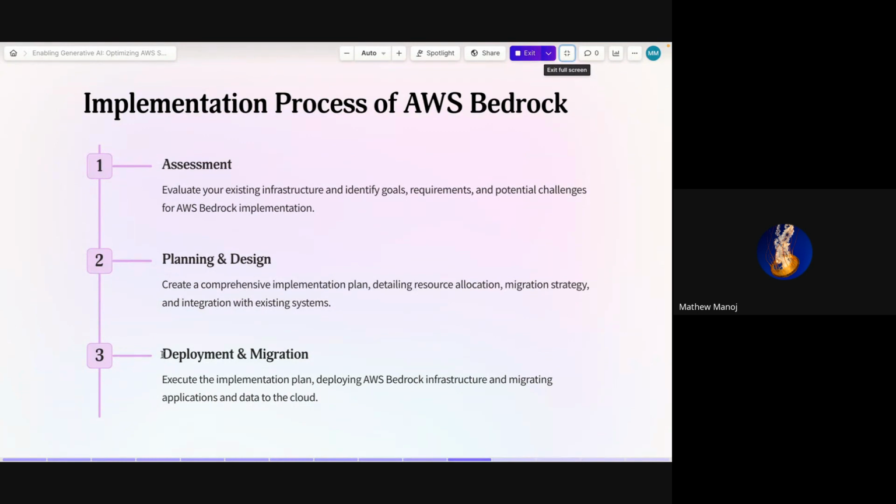As I was saying before, you can use AWS Bedrock without the worry of how you're going to handle scaling up and scaling down.